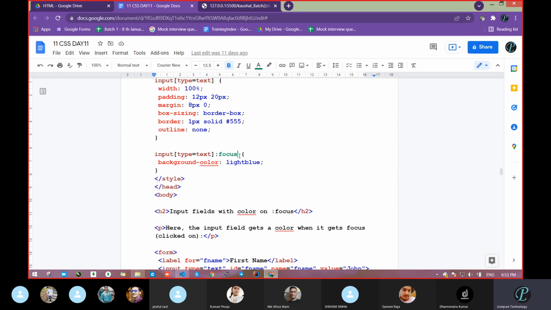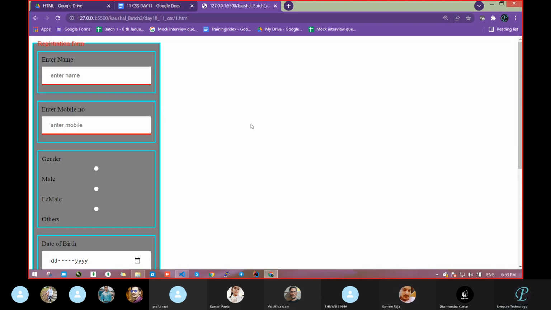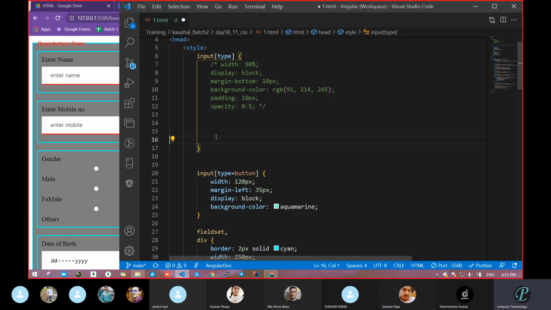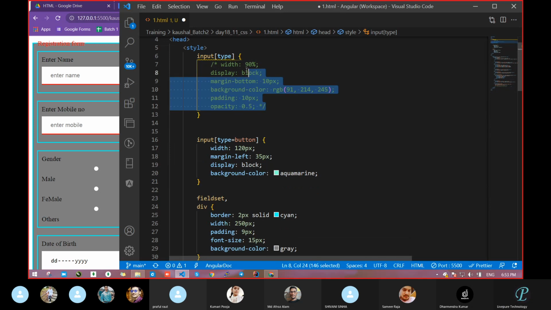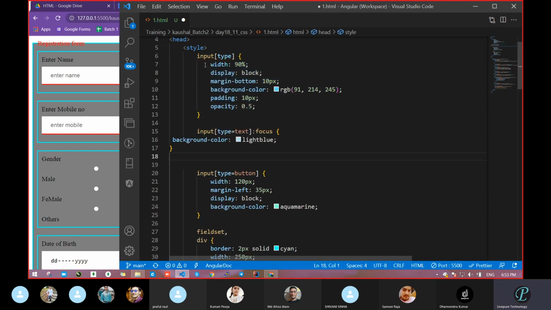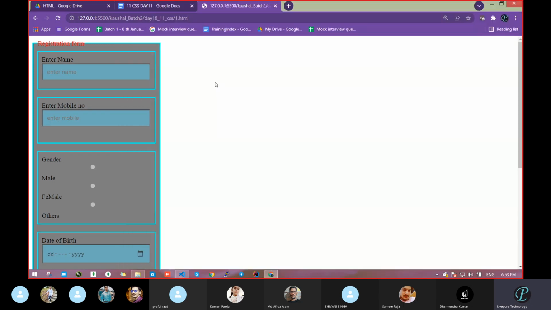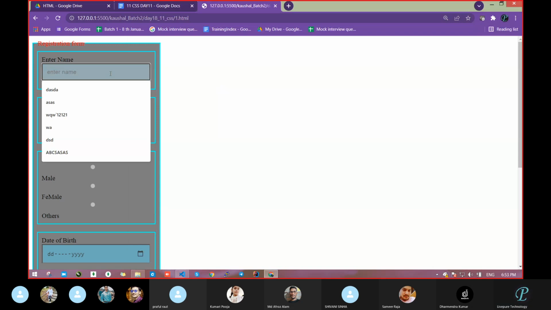Okay, when it's highlighted, it is going to focus, then automatically you get the background color this way. So do one thing, take this and remove this. It's not looking good. Take this one, input type equal to text with focus. What happened?